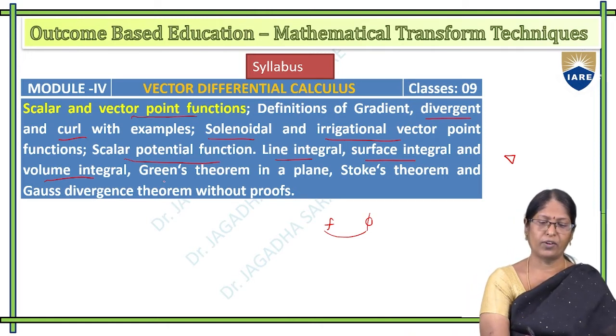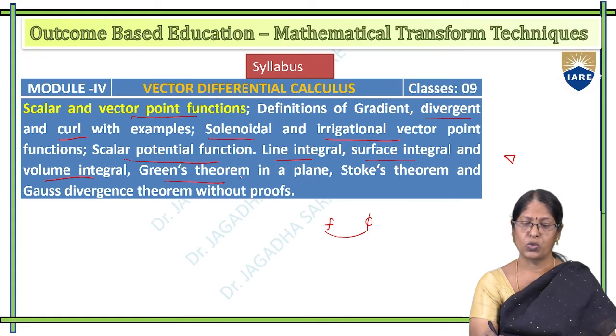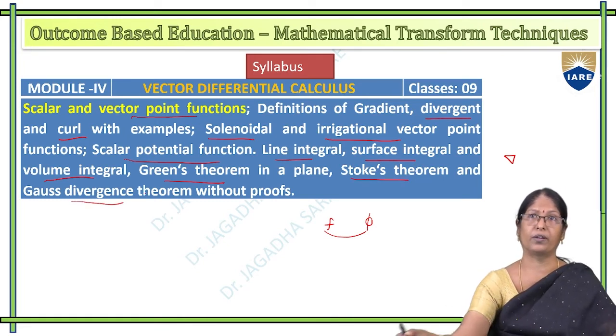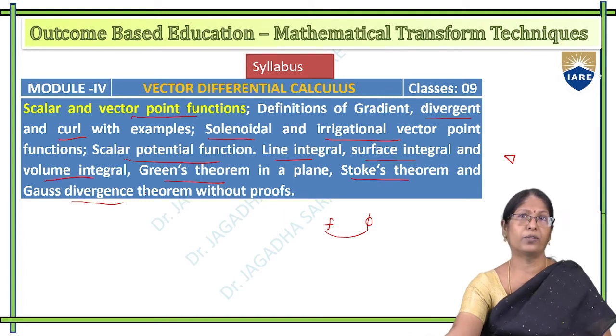Now we can see Green's theorem, Stokes' theorem, and Gauss divergence theorem. All these theorems are transformations between line integral and double integral, line integral and surface integral,